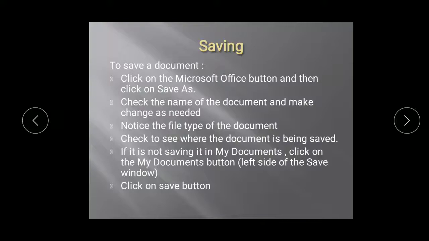The second thing that comes to mind is, if I want to save it with a previous version, I do not wish to go with the 2007 version, I wish to save it with the 2003 version. That is also possible. When you click on Save As, you set the Save as type box or file type to Microsoft Office Word 2003 version, and then your file will be converted, and click on Save.